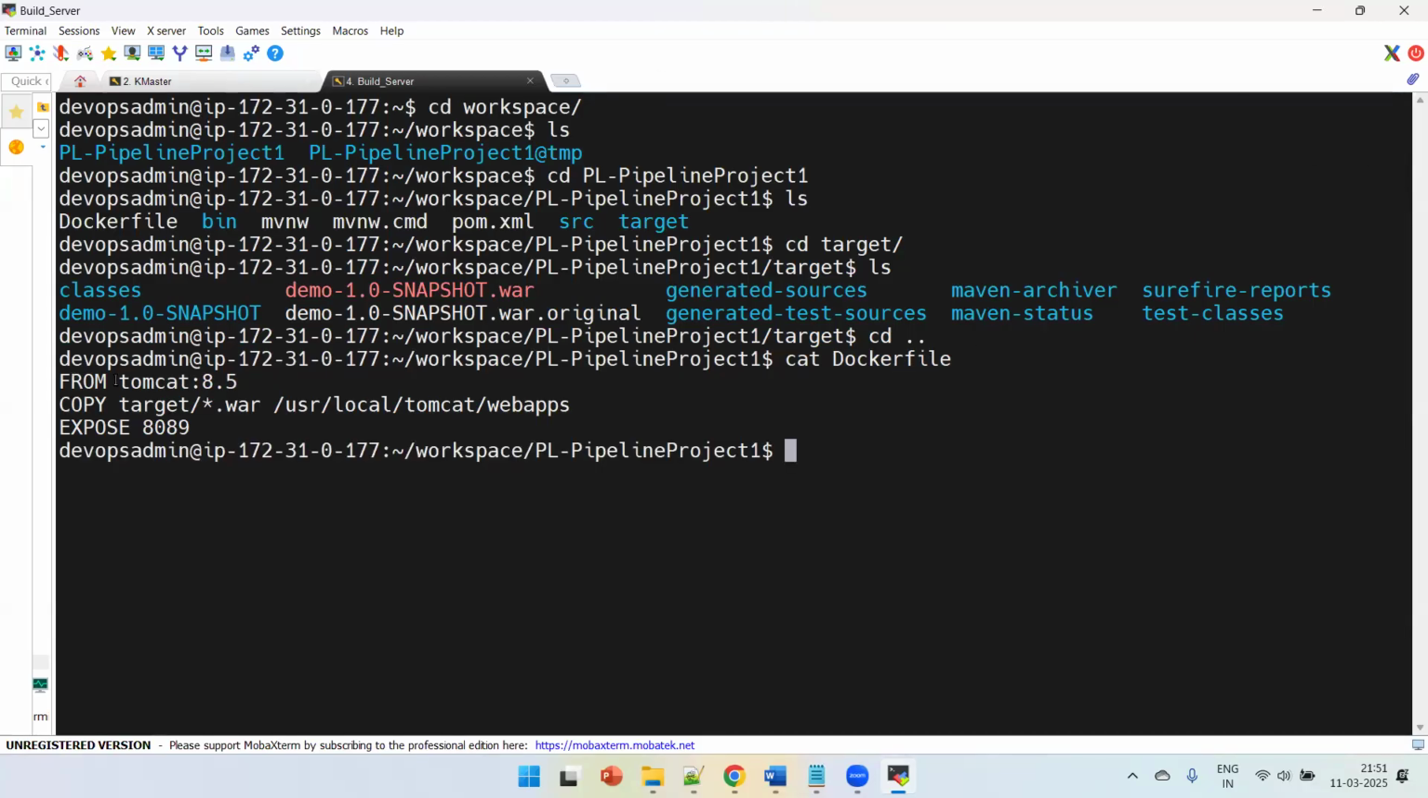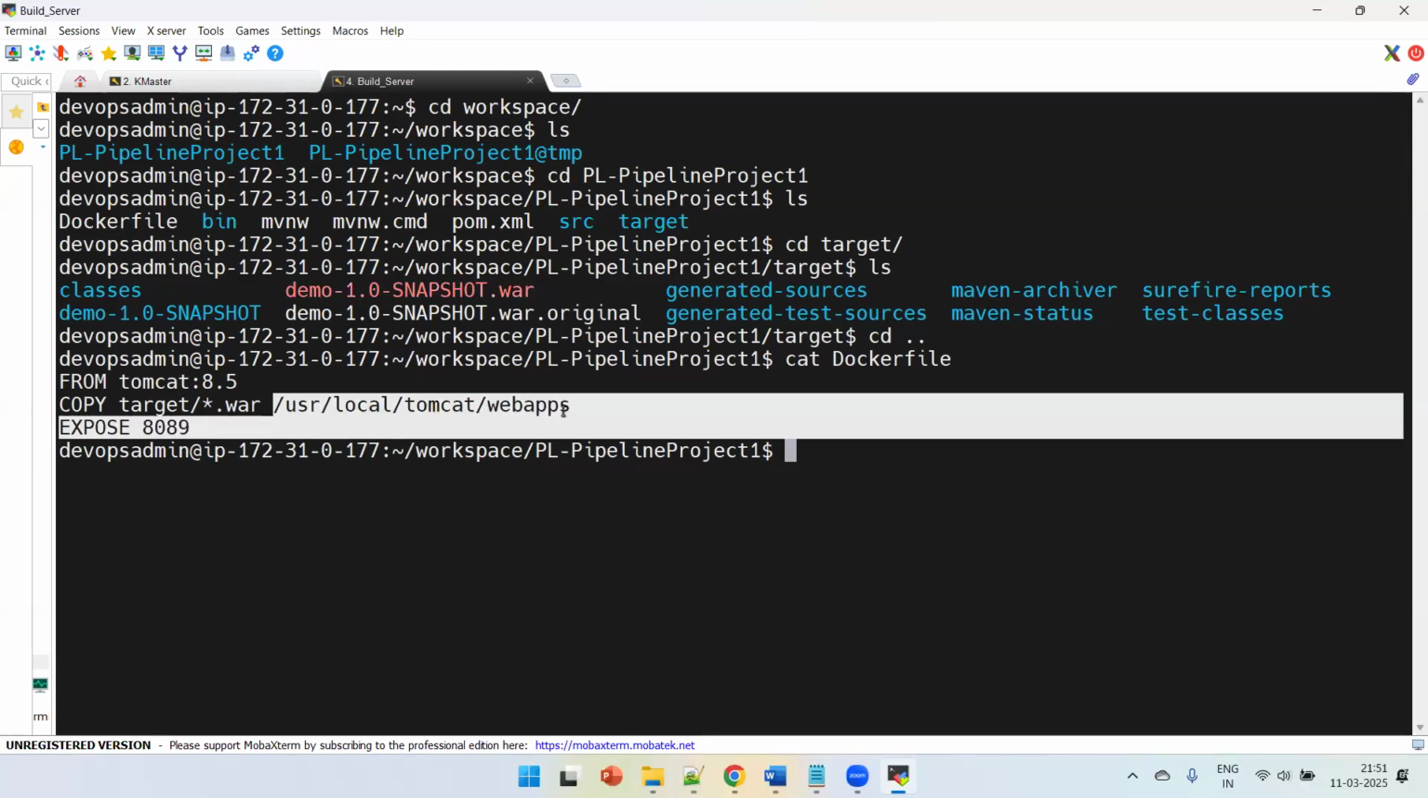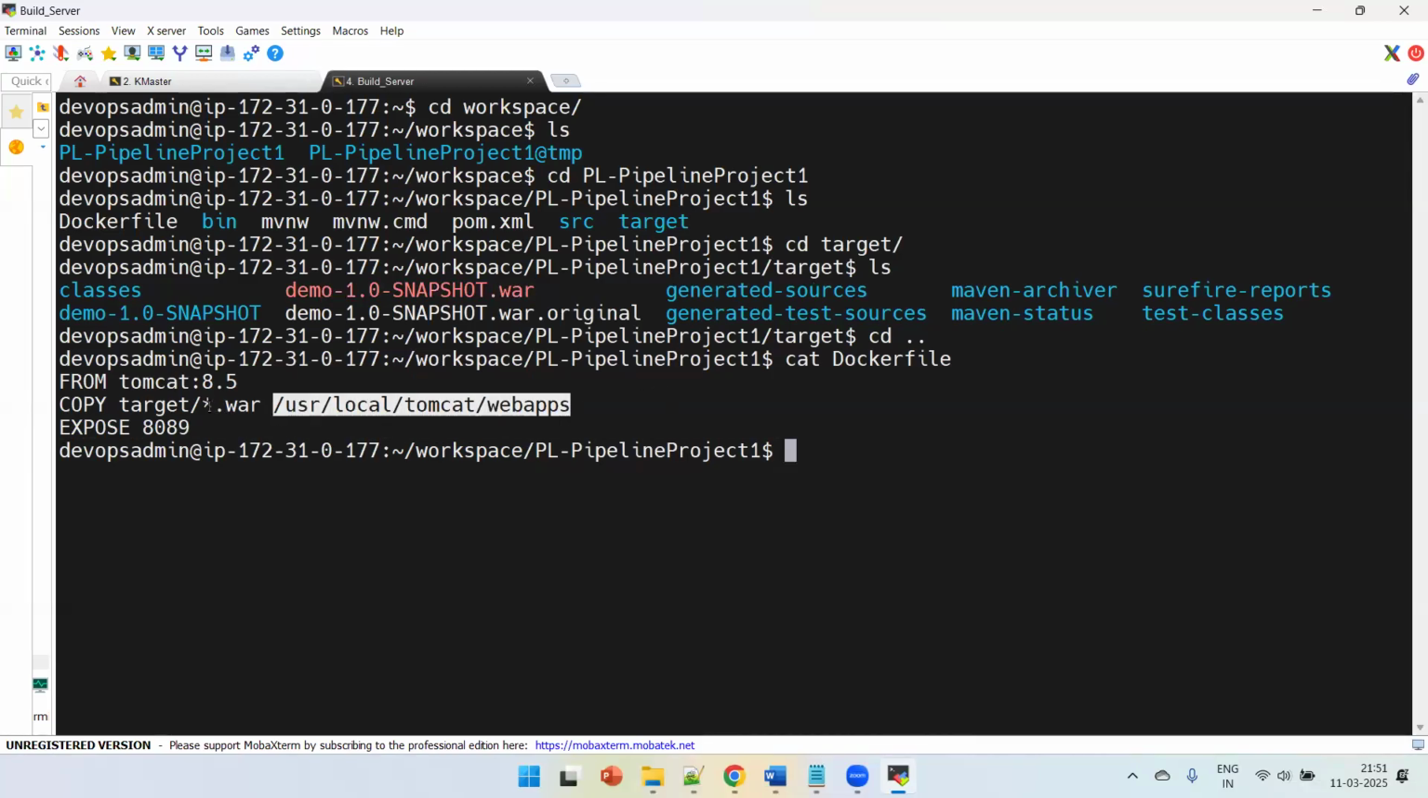So what we are going to do with this Docker file is use the existing image called Tomcat 8.5 image. And with that image, I'm going to deploy my artifacts. The artifact is present in the target folder in this workspace. From the target folder, I'm going to pick up this WAR file and copy it into my Tomcat application server. And then I'll be exposing port 8089, for example. So before that,